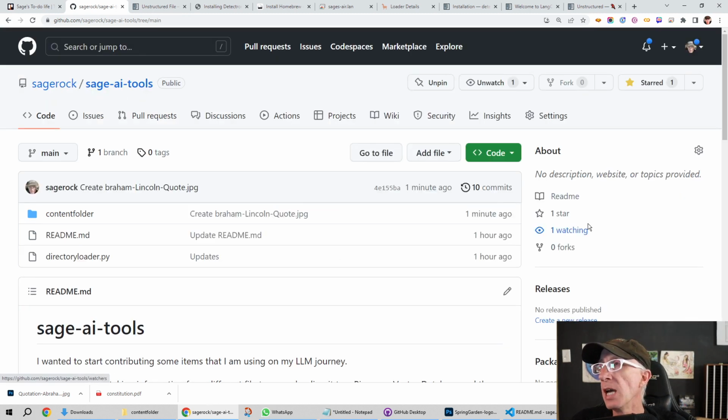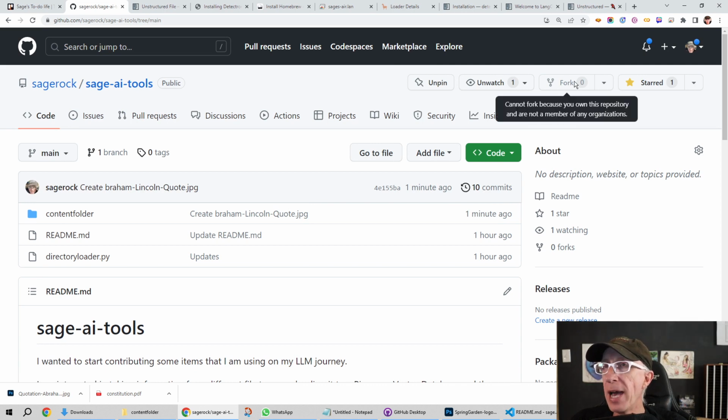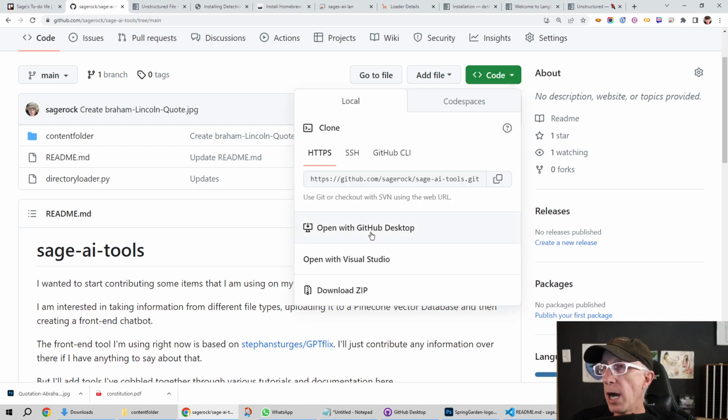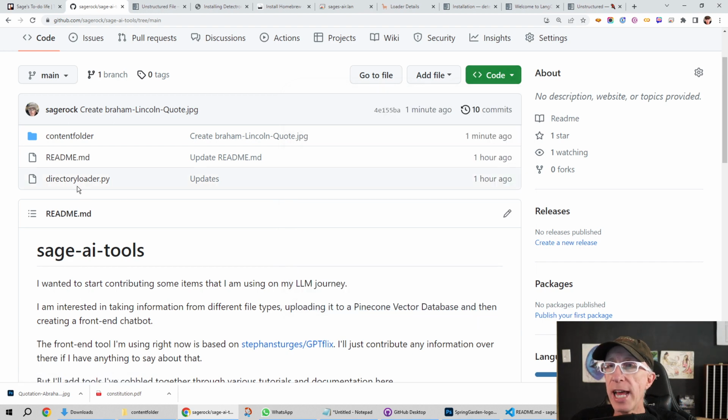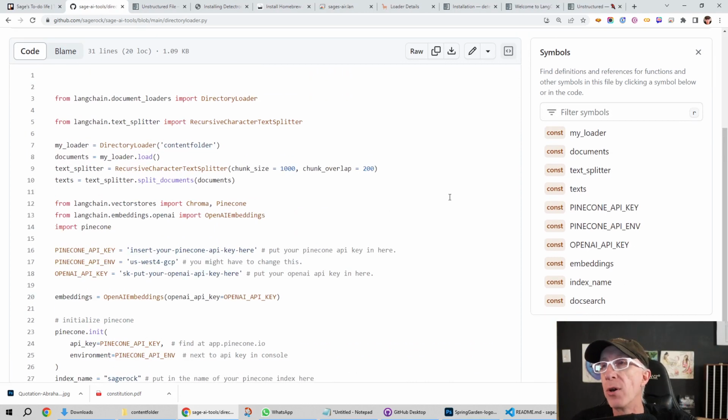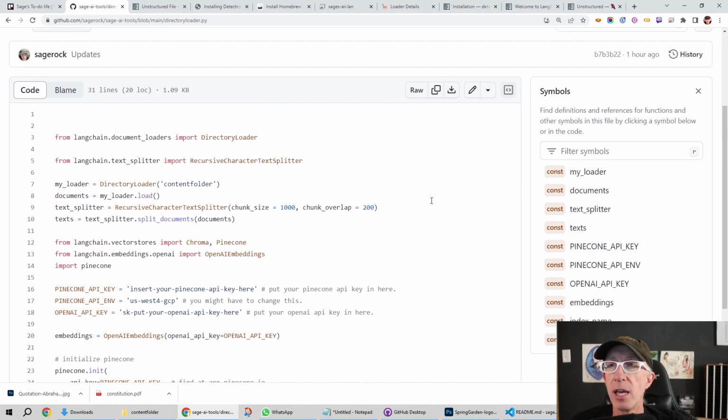So what I want you to do, if you want to play along at home, is fork this little bad boy here. And then download it. I like to use Open with GitHub Desktop personally. Then you're going to have this code right here, but you can also just download this code if you want. That's all there is right now. All this is doing is loading the